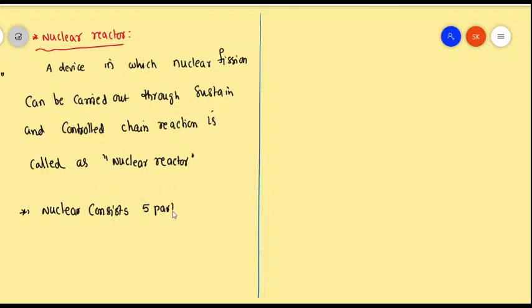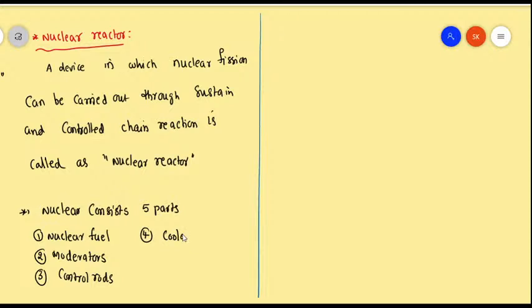The first one is the nuclear fuel, the second one is the moderator, the third one is the control rods, the fourth one is the coolant, and the next one is the